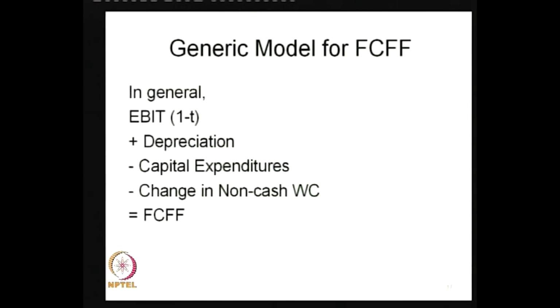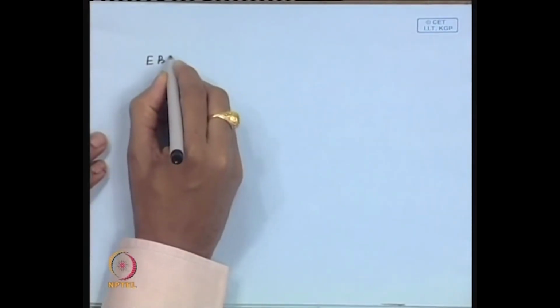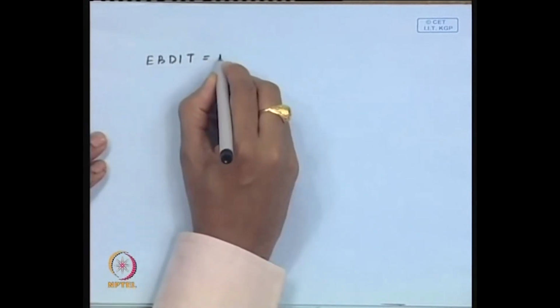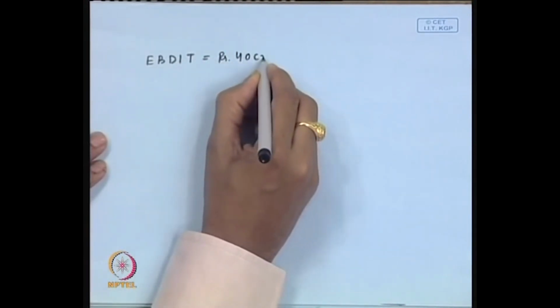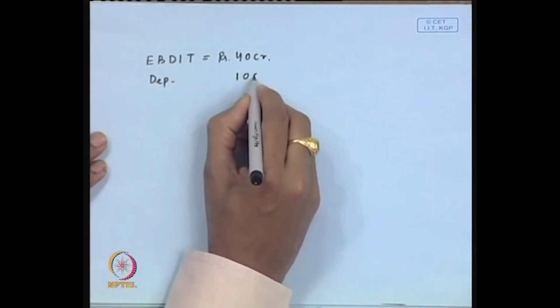Then, the generic model for free cash flow for the firm is as follows: operating profit, that is earnings before interest and tax, into 1 minus T, plus depreciation. Why is depreciation added? Because depreciation has been deducted to find the earnings before interest and tax, and depreciation has a certain tax advantage. So, if the company has earnings before depreciation, interest and tax of rupees 40 crore, and depreciation of let us say 10 crore,